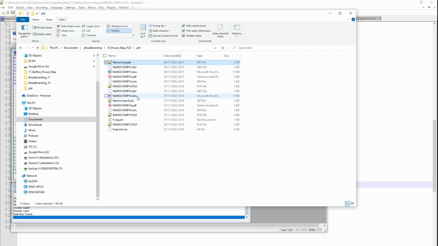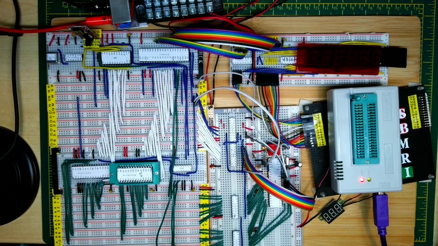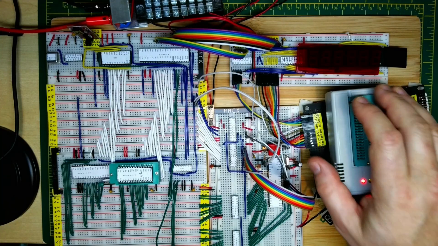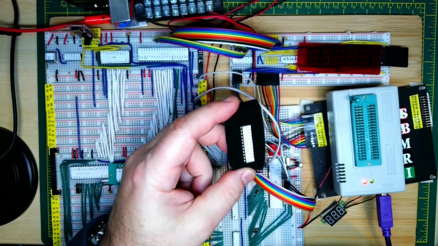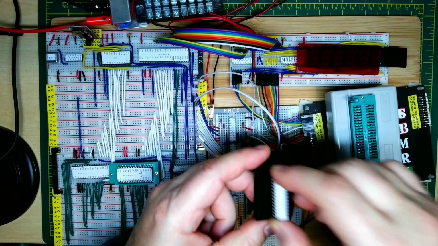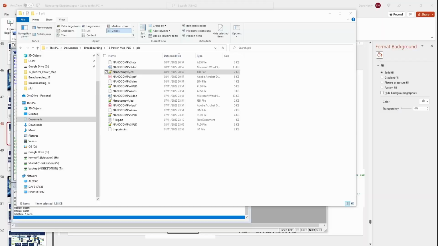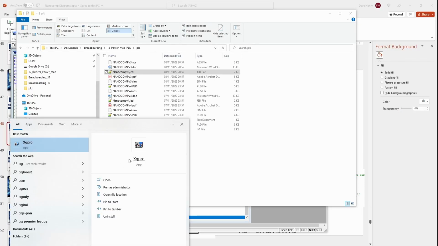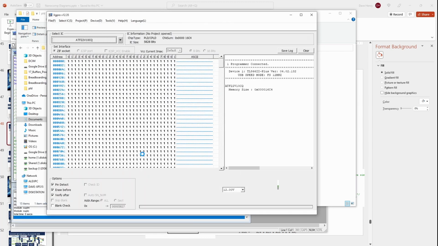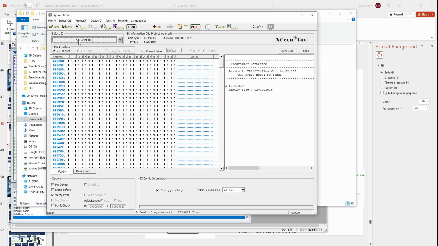So all I'm going to do is, if I had a V3 before this, V3 JED, no, I don't think so. So I'm just going to rename this to V3. Now I've got my EPROM programmer here, and we've got our PLD chip. So I'm just going to plug that in to the programmer there. And now we're going to run up XG Pro. And you can see this has already got the chip selected in here.